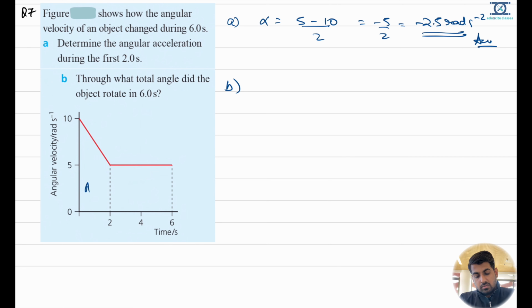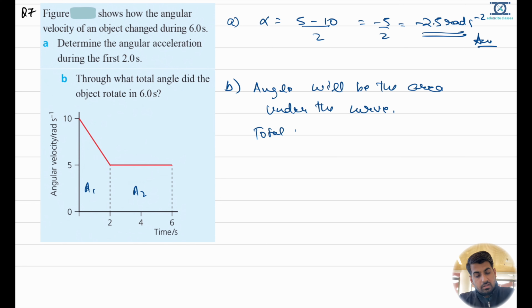So we can find the total angle, which is A1 plus A2. A1 is half the sum of its parallel sides, which is 10 plus 5, times the perpendicular distance 2,